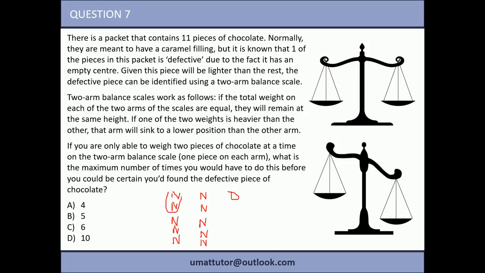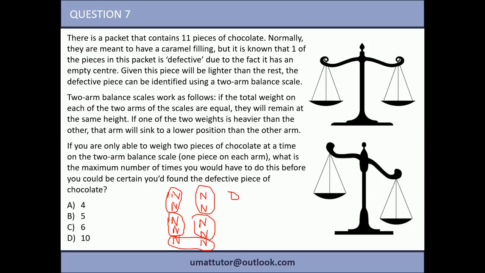So we're weighing these 2 together, and there's no difference, so we still don't know which of the remaining ones is defective. We then weigh another pair, again, both normal, they're equal. We still don't know which of the remaining 7 are defective. So keep going, keep doing pairs like this. 3rd pair, still normal, 4th, and then 5th. At this point with the